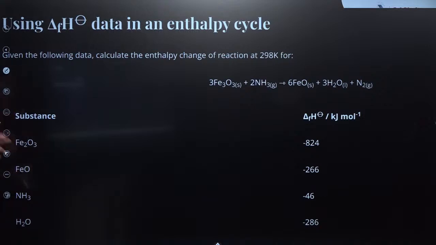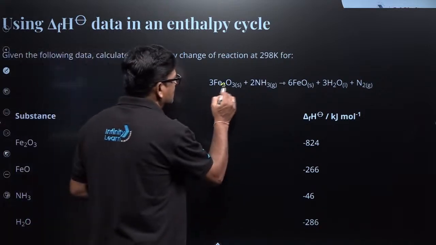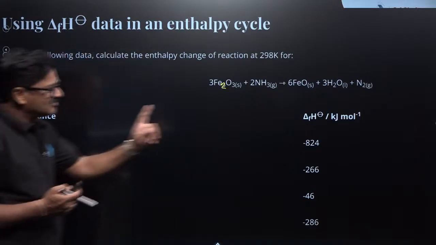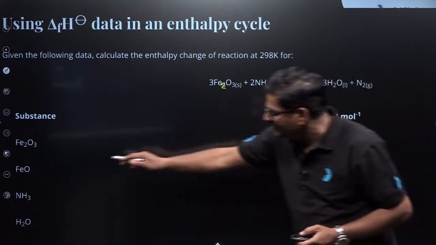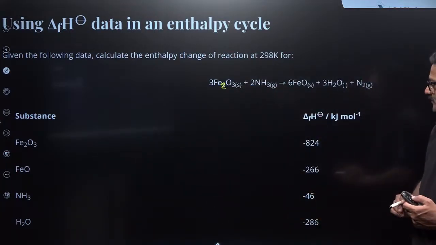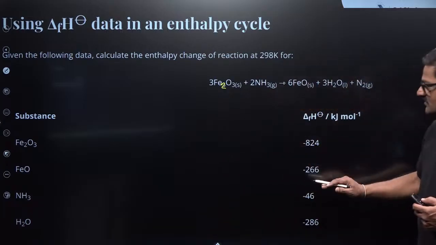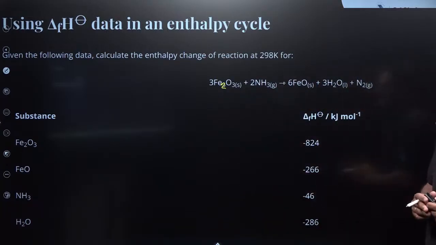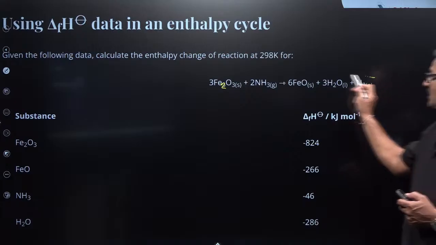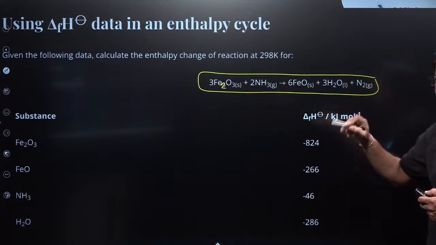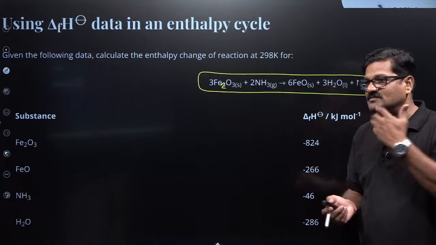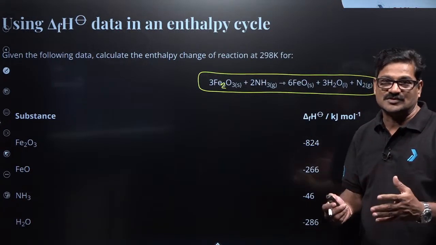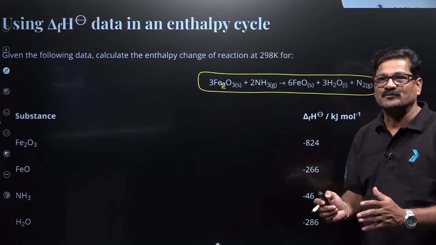So substance Fe2O3, this is Fe2O3, yeah? And its enthalpy of formation is given, and use these values, and FeO, its value is given, and NH3, its value is given, and H2O, its value is given. So the enthalpy change for this reaction is going to be our target. You can do it by various ways. You can use various sources of materials. The same question is given in different versions of the solutions, but I am going to give you the best out of it. Okay, in this you can see the same reaction here.